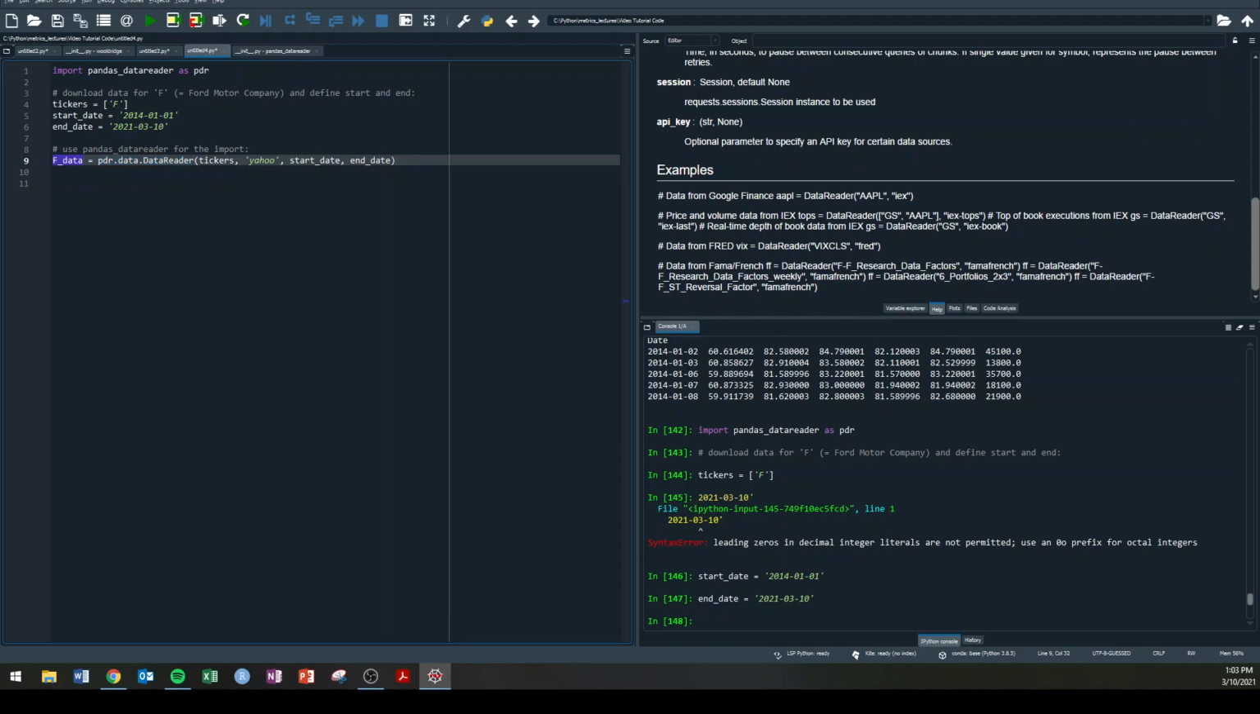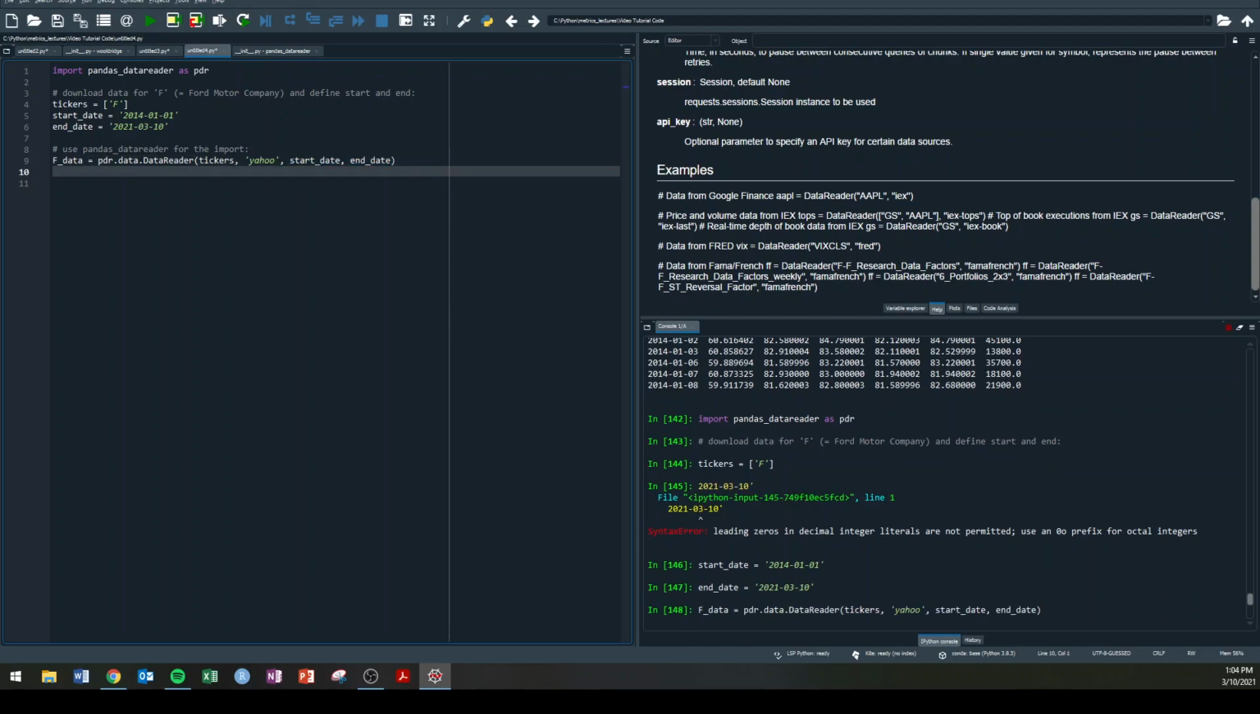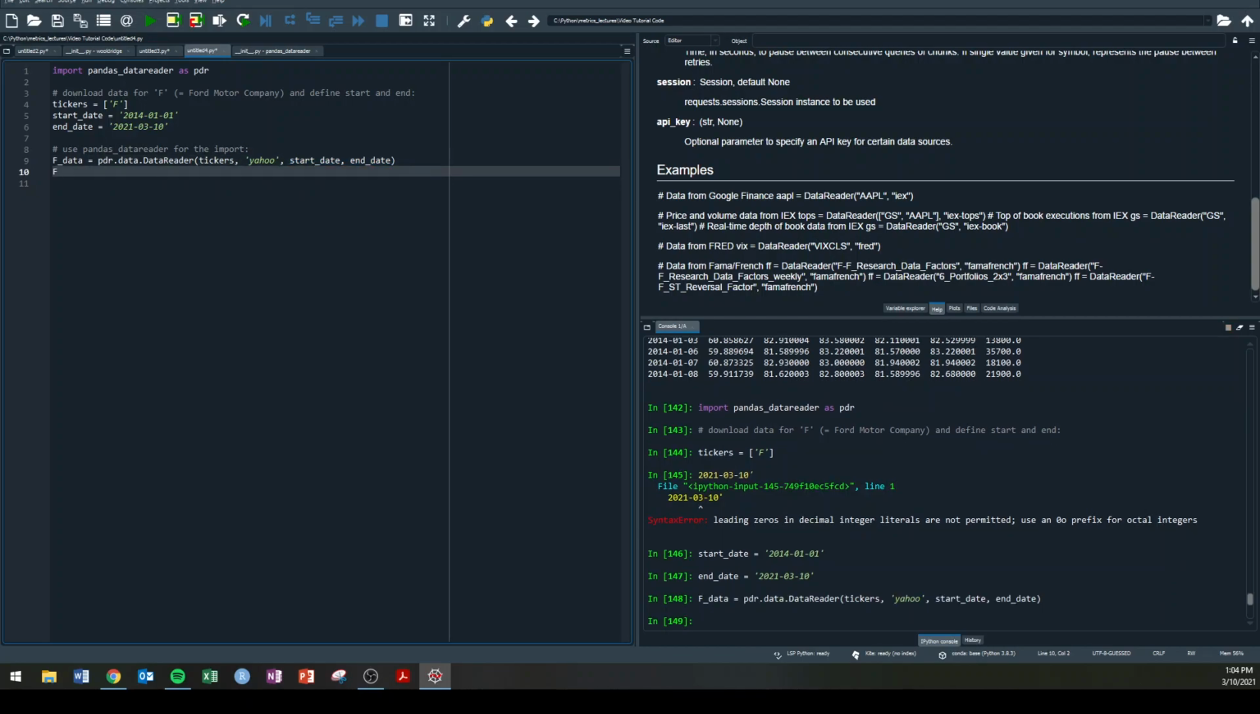We use pdr.data.DataReader, and then we put in here our tickers. In this case, we have only one. It's going to come from the Yahoo site, and then our start date and our end date. We run this line of code, and if we look at f_data,